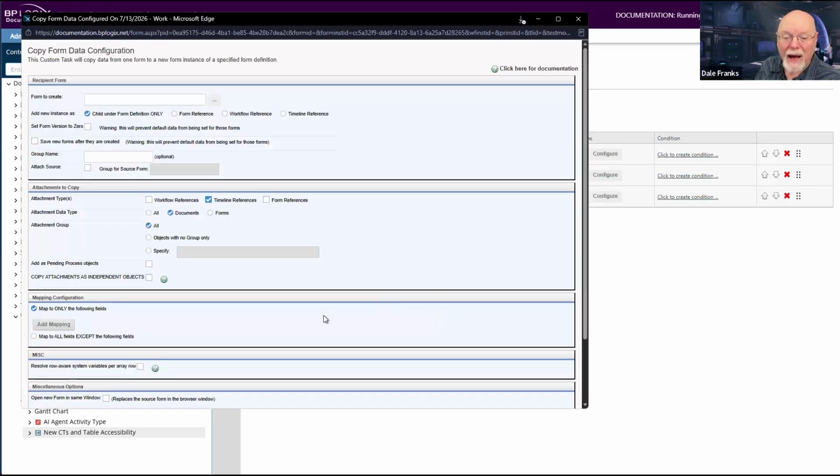Copy form data has an additional setting that is new, called Resolve Row Aware System Variables per Array Row.